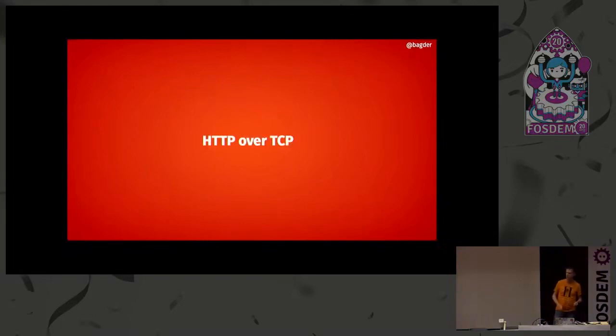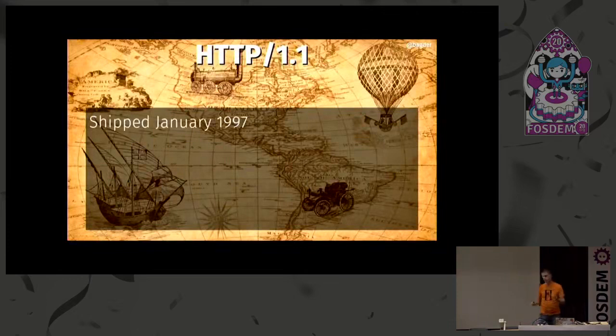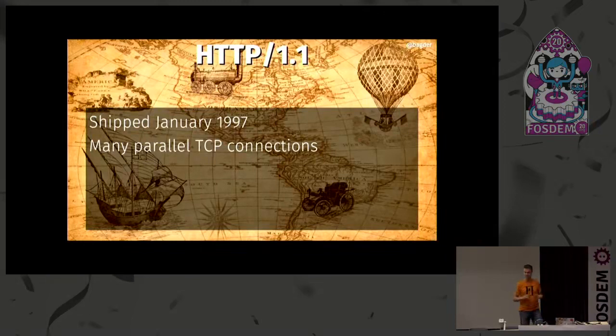So back again, HTTP is done over TCP. So we started out, actually, with HTTP/1.1, the great improvement to HTTP/1.0, shipped in 1997. It was a great improvement to 1.0 because we suddenly fixed how we use TCP connections. Now we could reuse TCP connections. We couldn't do that with HTTP/1.0. Yay. But over the years, people came up with, we want to have many images, many JavaScripts, many style sheets, hundreds of objects on every page.